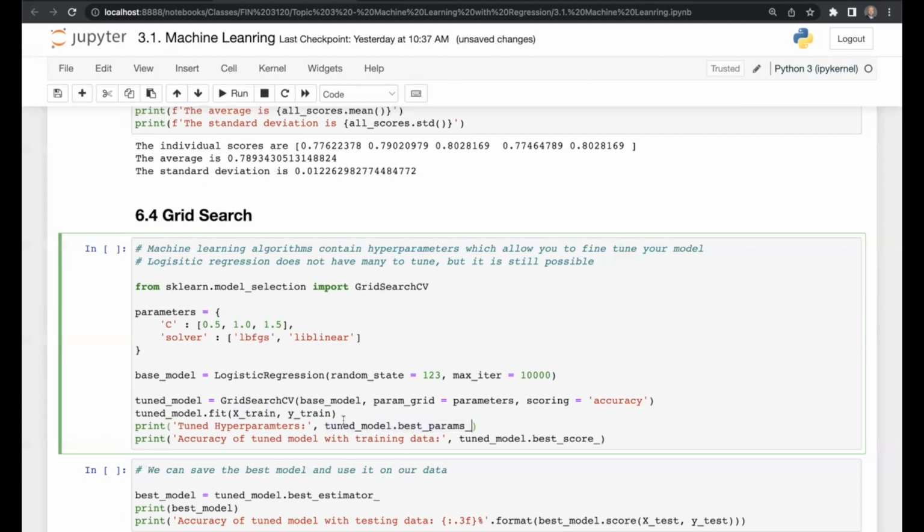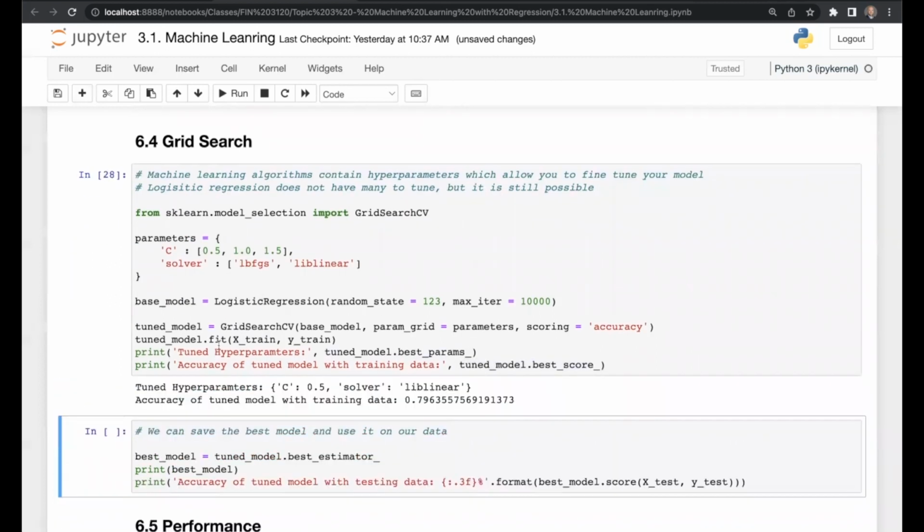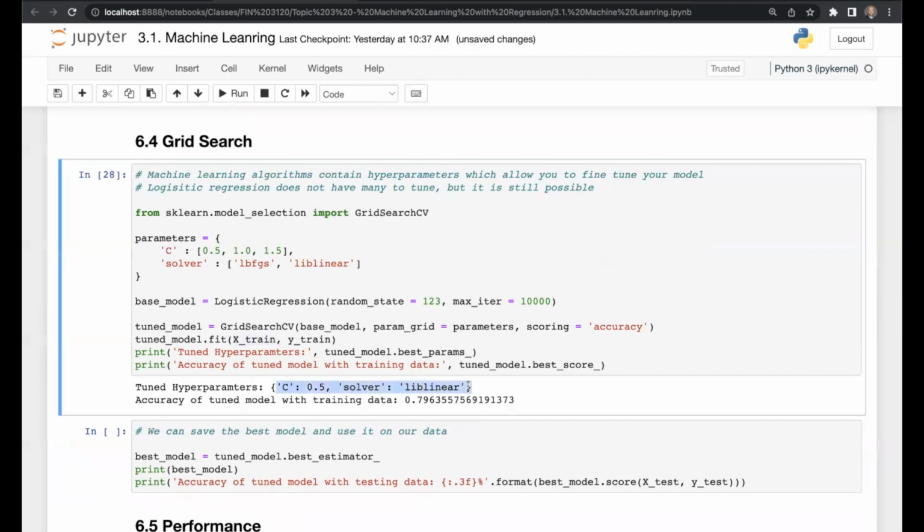The best parameters, I'm going to print that out. And I'm going to print out the tuned model, right? That is going to be our best model, best score. So let's go through. It's going to take a minute because it's actually running quite a few models. There you go. Of those, the best model that we could produce is with a C of 0.5 and a